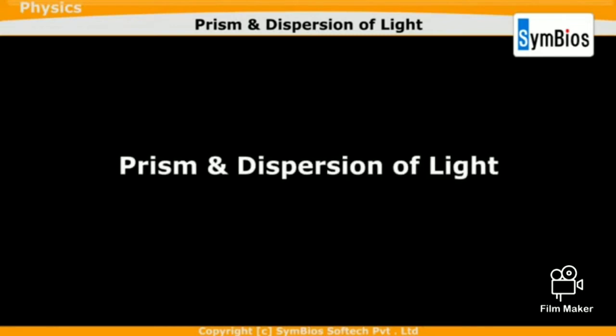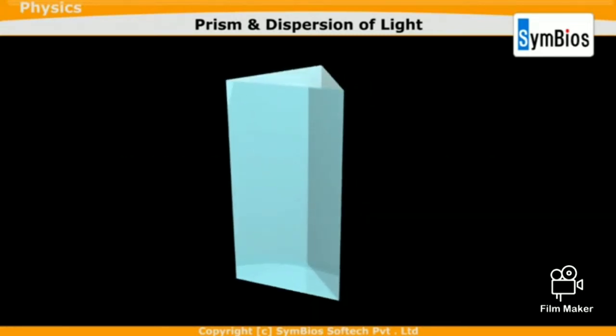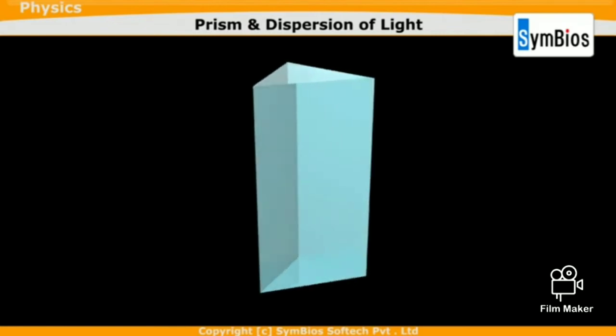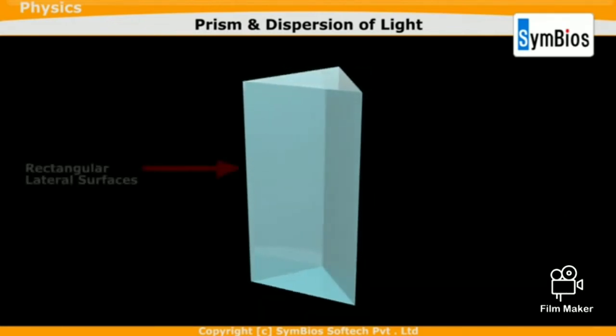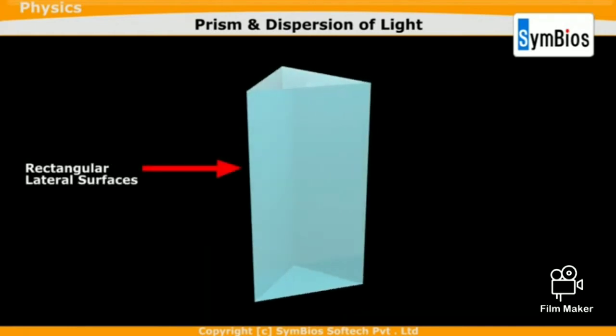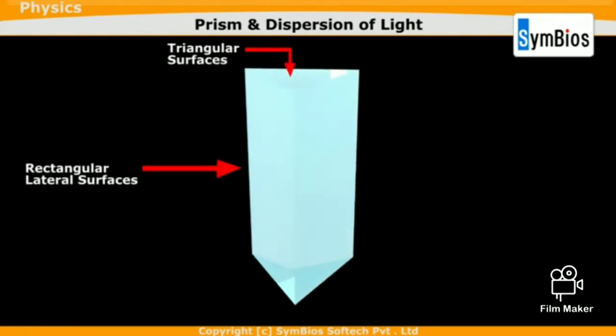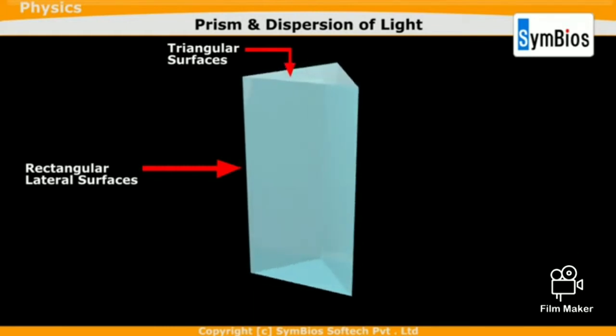Prism and dispersion of light. You must have seen a prism in your science lab. What is a prism? How does it look like? A prism is a transparent optical medium bounded by 3 rectangular lateral surfaces and 2 triangular surfaces which are parallel